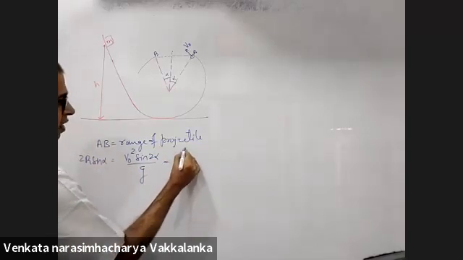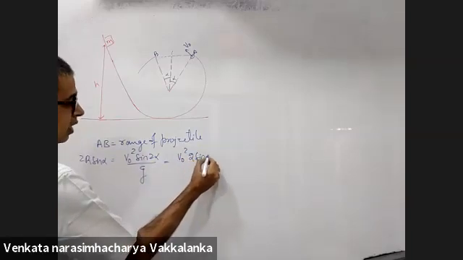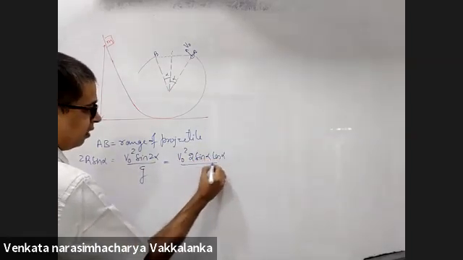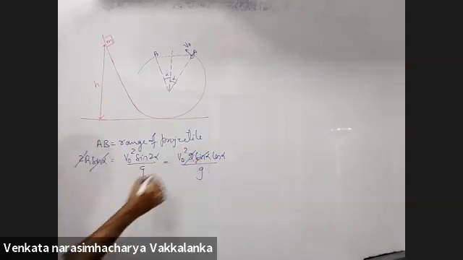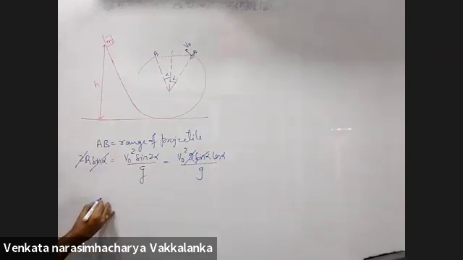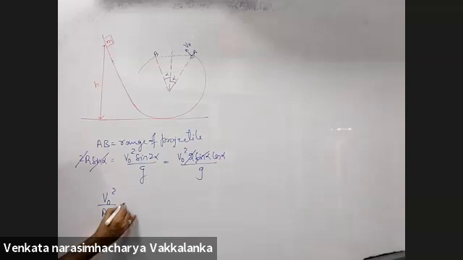This will be V naught square 2 sin alpha cos alpha by g. Sin alpha will go, 2 will go. Right? You will have V naught square by Rg is equal to,